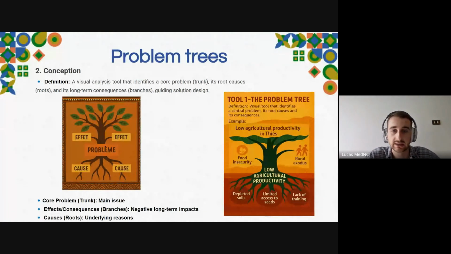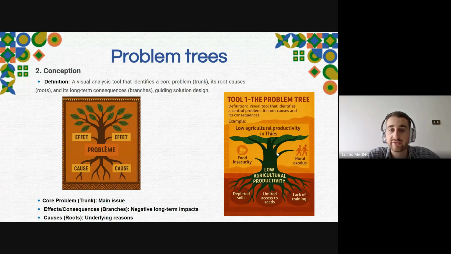It's not deep writing about the problem and everything, but it's a visual analysis tool that identifies a core problem, what we'll call the trunk, its roots, the causes, and its long-term consequences that we'll call the branches. Okay. So you have an example on your right, tool one, the problem tree, the image.